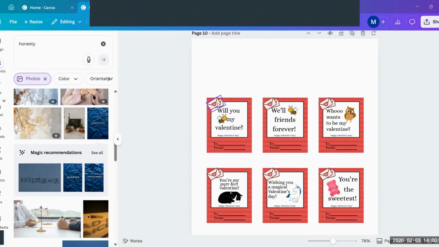So I created these. I thought they were cute. I put little letters here. I put the little saying here. I put Happy Valentine's Day to and from. Now, you could actually make these something entirely different. You could make them,